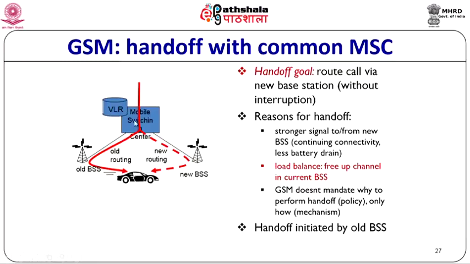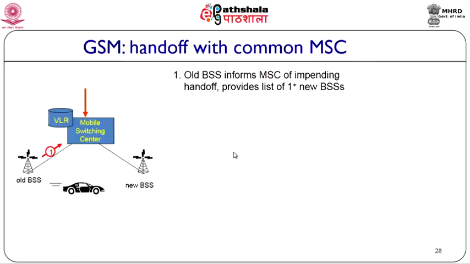If you are within the control of the same mobile switching center, it is very simple. All you need to do is, when you move from one base station to another base station, the old base station will realize that its signal strength is reducing. So it can talk to the device and initiate a handoff to another BSS to which this particular user is currently moving. Then the mobile switching center, since it is the one controlling both these base stations, will make this transfer possible by routing all the calls from here to here. So that is very simple; it is a common MSC, and we have absolutely no problem in handling this. Okay. So, let us see